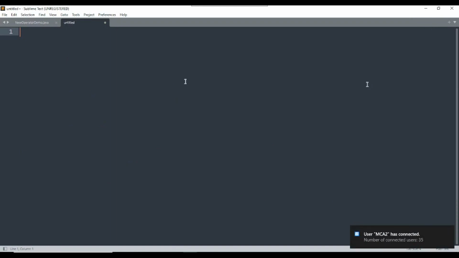As I told you, the instanceof operator is used to check whether an object is an instance of a particular class or not. It means that here we will define a class. It may be one or two classes, and we will create an object of the particular class, and then we will check whether the object is an instance of a particular class or not. Like, say for example,